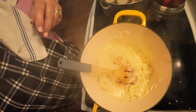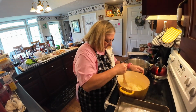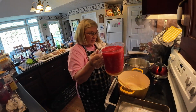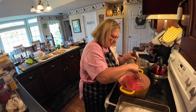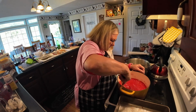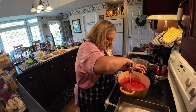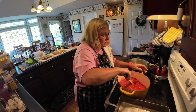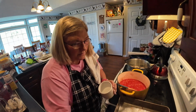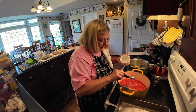Okay, y'all, I'm going to take you over here. I hope we don't get too fogged up. See that? They're really getting caramely looking. And so I'm going to add in 8 cups of this tomato puree right here. Right there, 8 cups. And I think that'll be plenty for that. We also need to add some salt, a teaspoon of salt. If I've got another teaspoon, there we go, a teaspoon of salt,